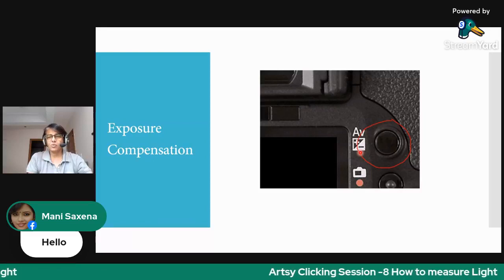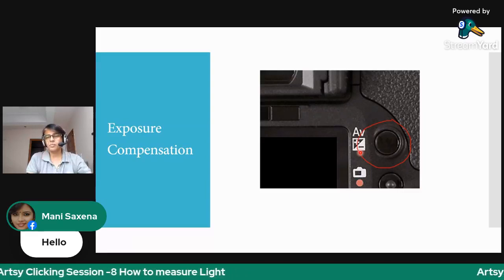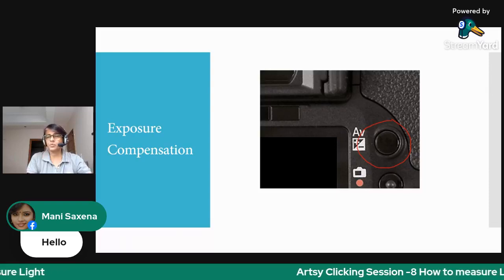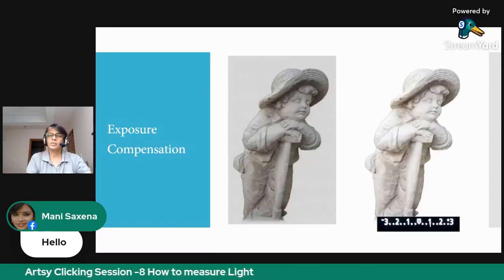And depending on whether you are getting an overexposed or underexposed shot, you will move it to +1 or -1 or +2 or -2. And remember, exposure compensation is not used in manual mode. It is only used in semi-automatic modes.